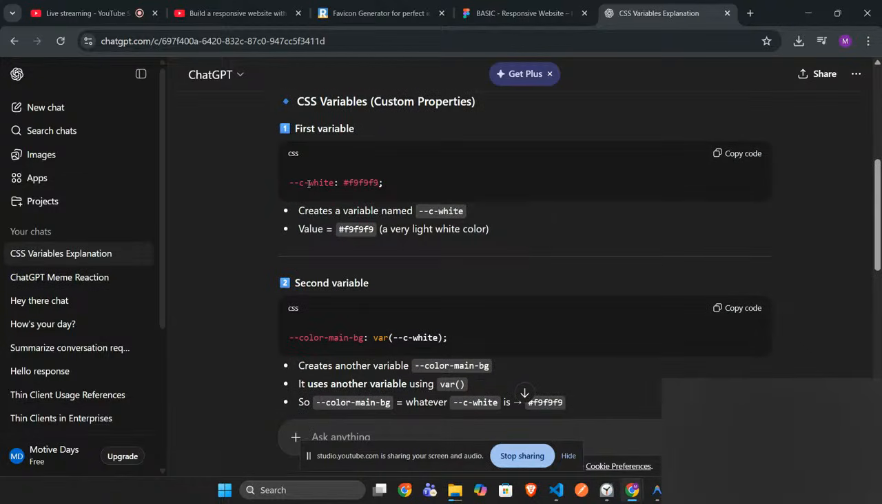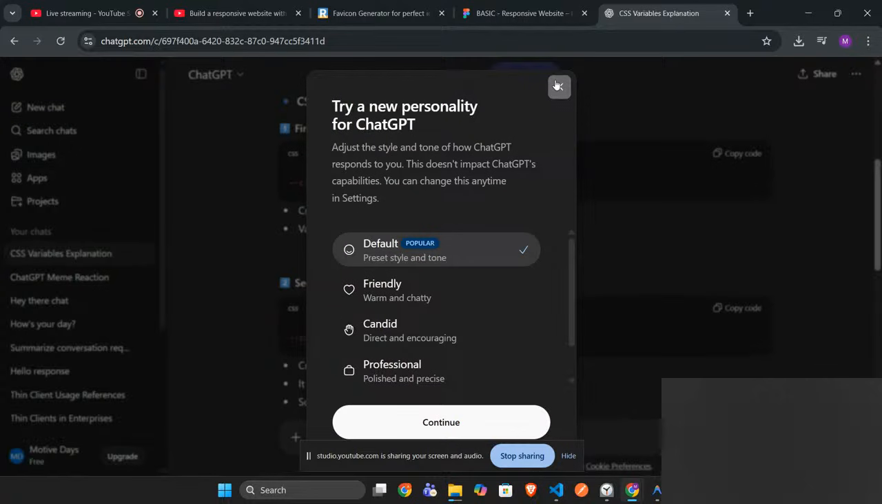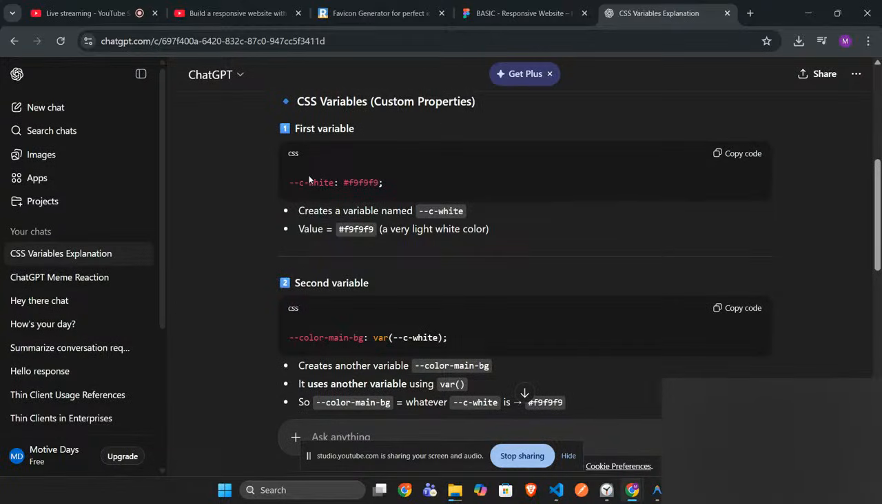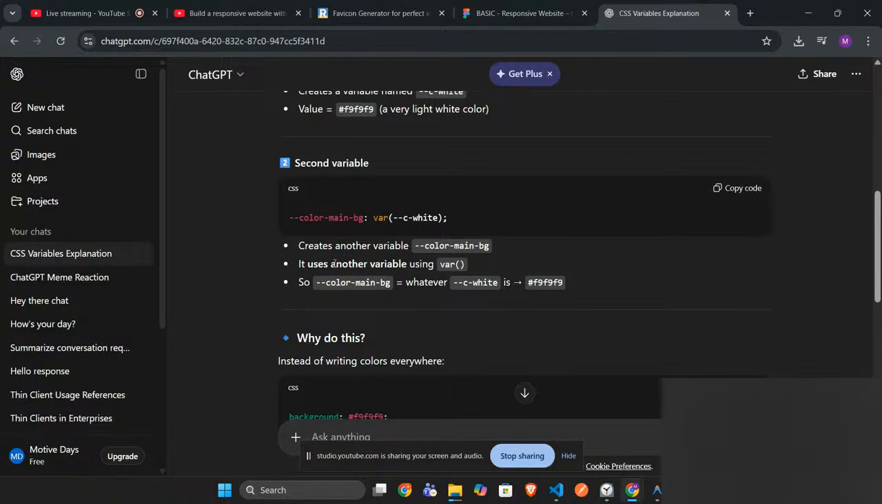So this basically says that this is just a variable. For example, in Python, we might use a is equal to 10. So a is a variable which will be storing the value of 10. Similarly here, c white will be a variable which will be storing the value, as per the code, that is the white color. Similarly, it uses another variable using variable. So this color main BG basically is a